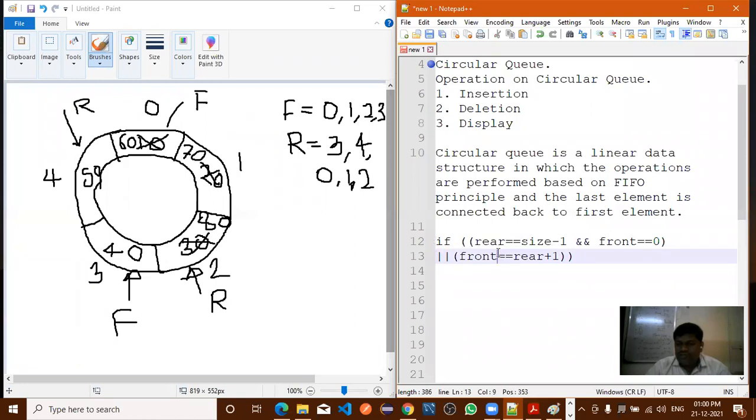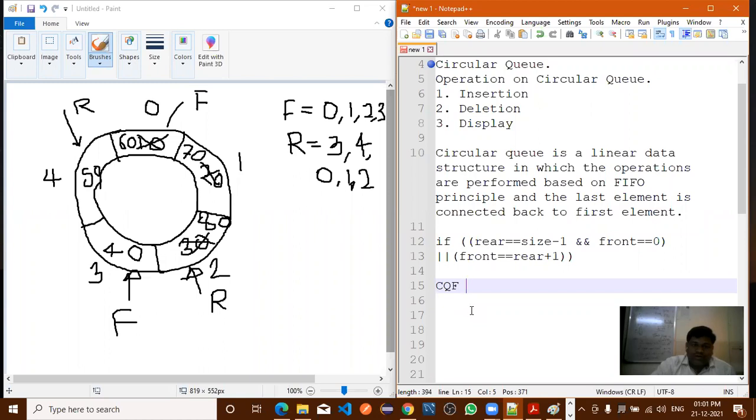Out of these, if any one of the conditions is true, what message are we displaying? Circular queue is full, overflow. I will write CQ in short: circular queue is full or overflow. Overflow, right. CQF I will write in short. So now all of you understood.